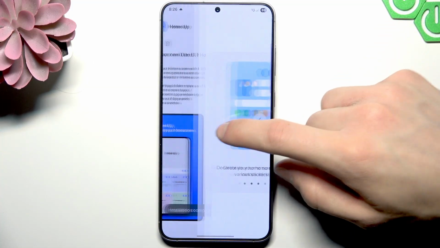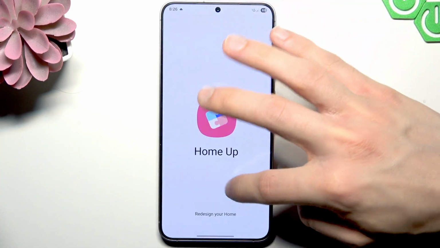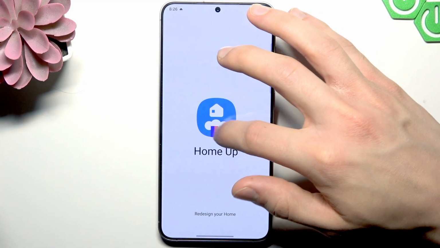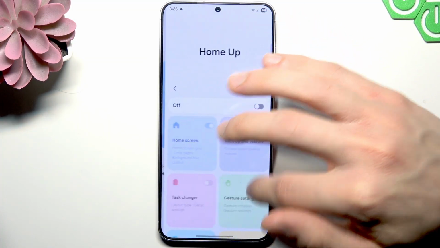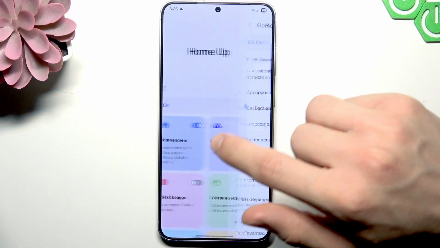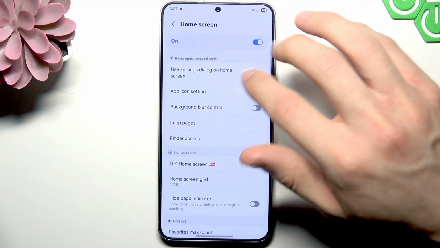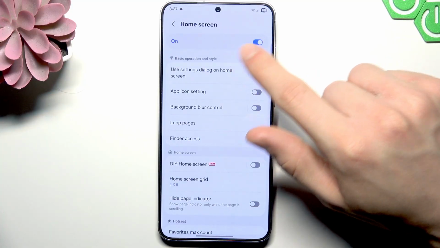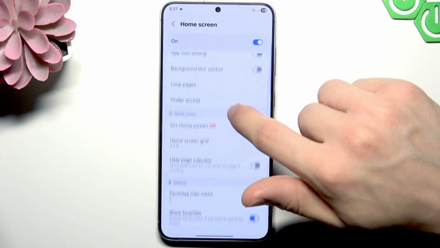And then let's go through the introduction screen. So tap next, then try it, then switch the Home app on and go to the home screen menu. Make sure to turn on home screen, and now let's